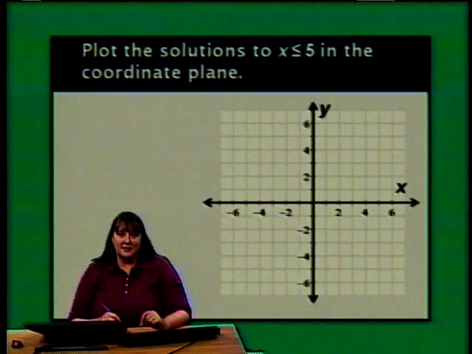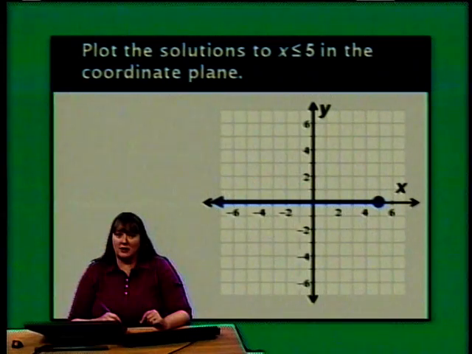So let's extend this into linear inequalities in two variables. What if we want to plot the solutions to x is less than or equal to 5 in the coordinate plane? Well, we can start with the x-axis. That's just a number line. So we'd plot our point at x equals 5 and then shade to the left of that. Well, in the coordinate plane, there are lots of points where x is equal to 5. For instance, the point (5, 4) has an x value of 5, and anything to the left of this point